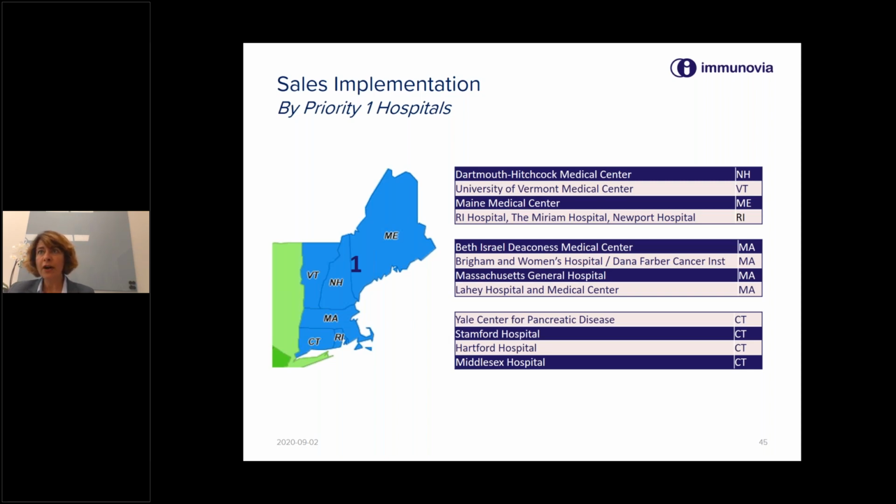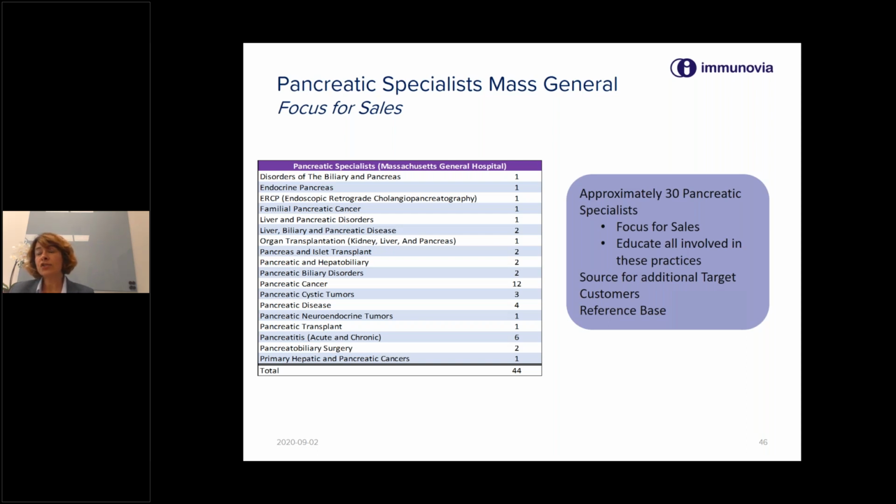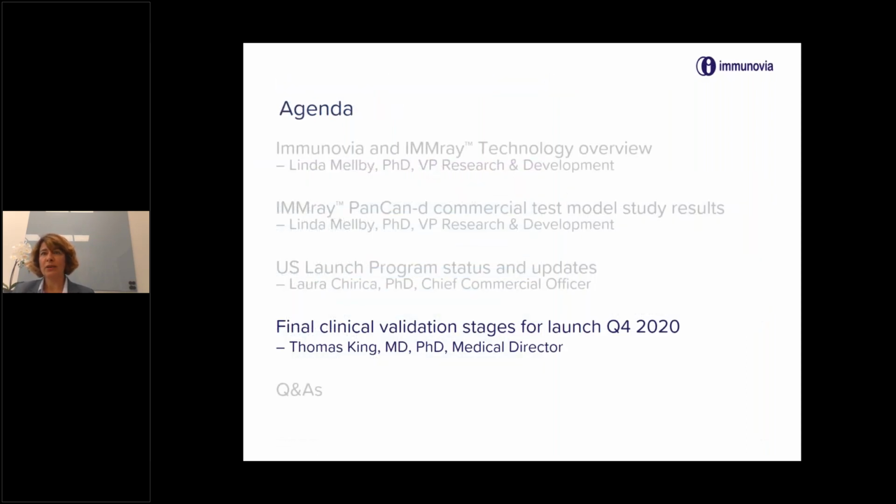And if we just zoom further into here, you will find that in Mass General Hospital, which is a large hospital, which has almost more than 40 pancreatic specialists, of those 30 of them we have managed to identify are going to be able to use the test in their clinical diagnostic routine. So they will be the ones that we will focus on at launch. So as you can see, all the commercial readiness and the commercial processes for the launch are in place and ready to go. I would like to give the word to Tom, who will take you through the final clinical